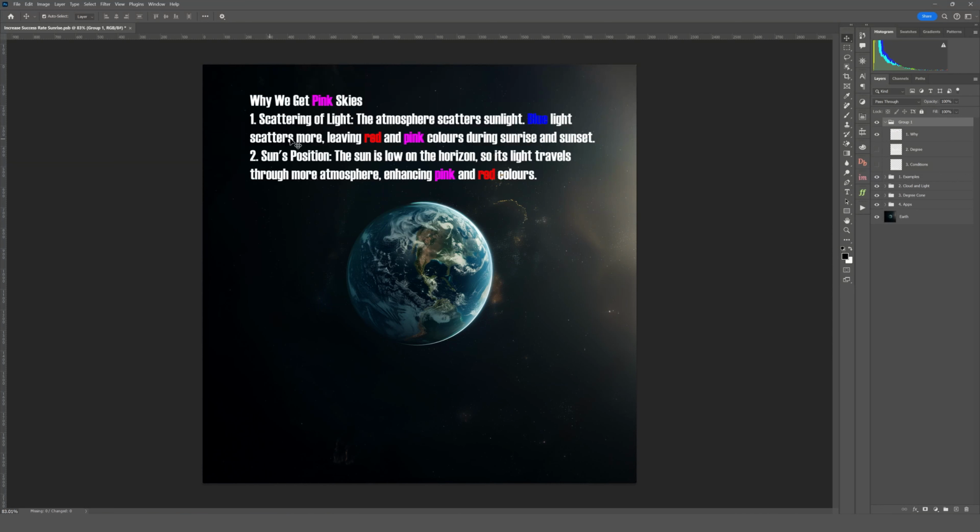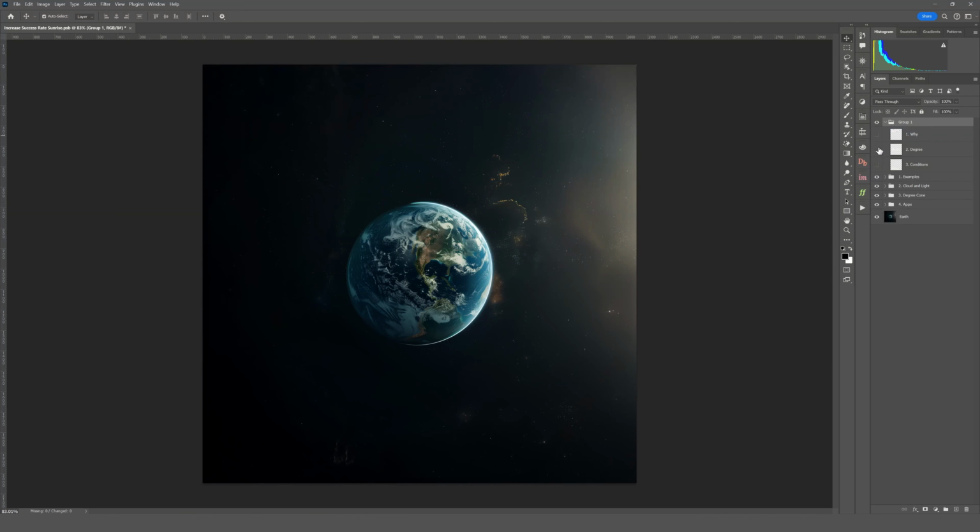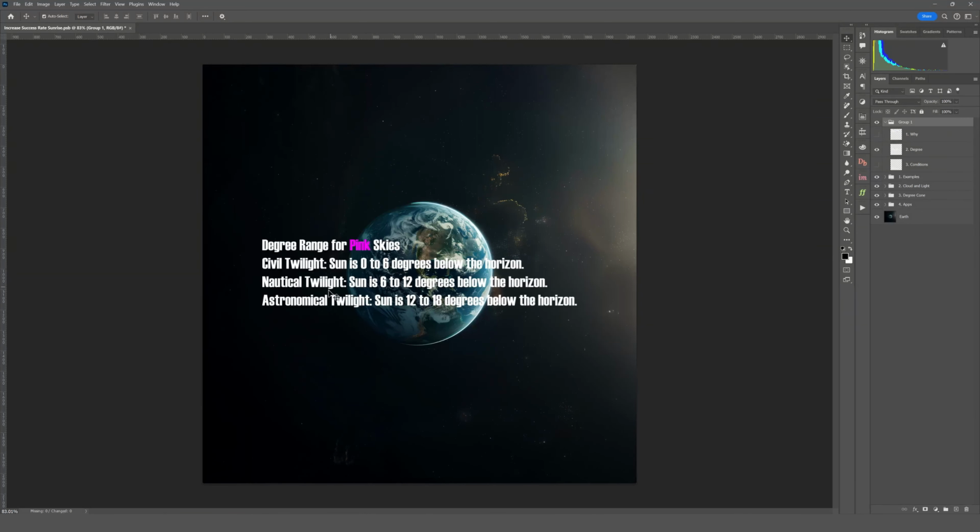The two main things are the scattering of light when the light goes through the atmosphere and the sun's position. So the sun's position is going to be critical. And we've got a few different things here. First off is astronomical twilight, and that's when the sun is 12 to 18 degrees below the horizon. Then we have nautical twilight, which is 6 to 12, and then civil twilight, which is 0 to 6. And halfway through civil twilight is when golden hour starts,